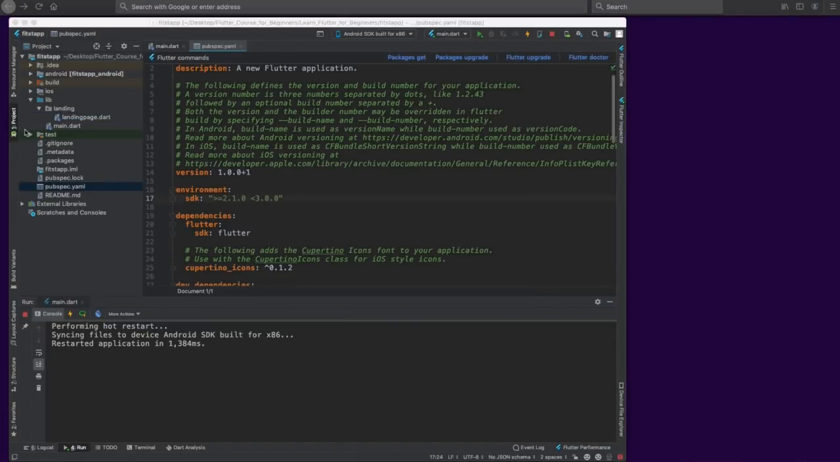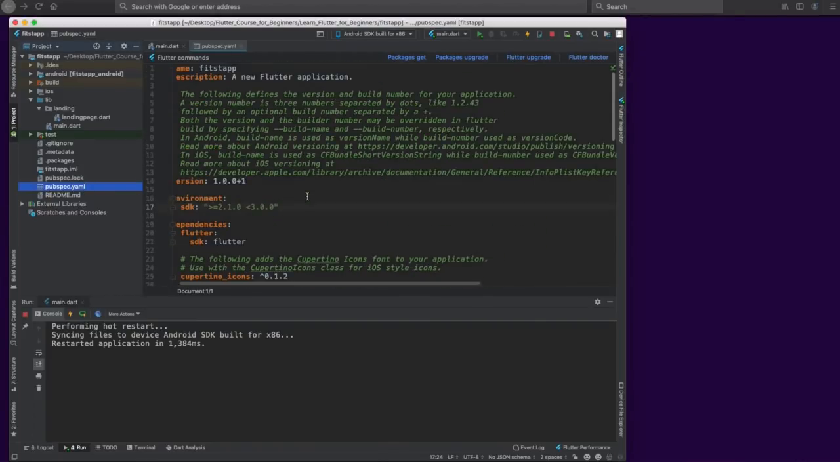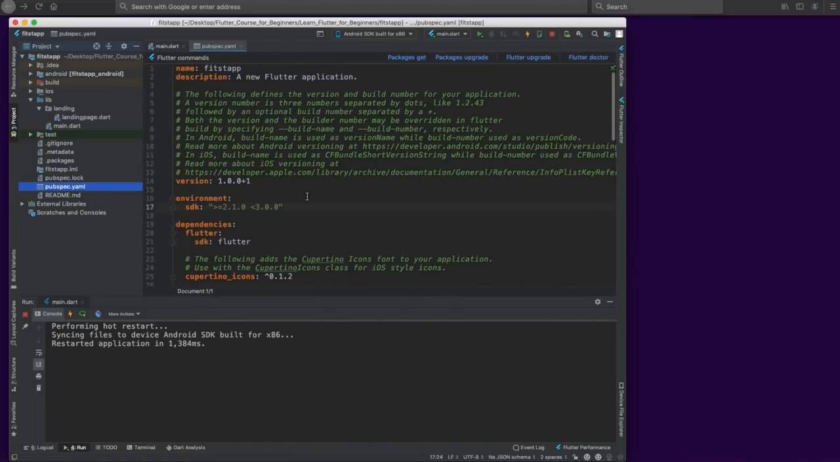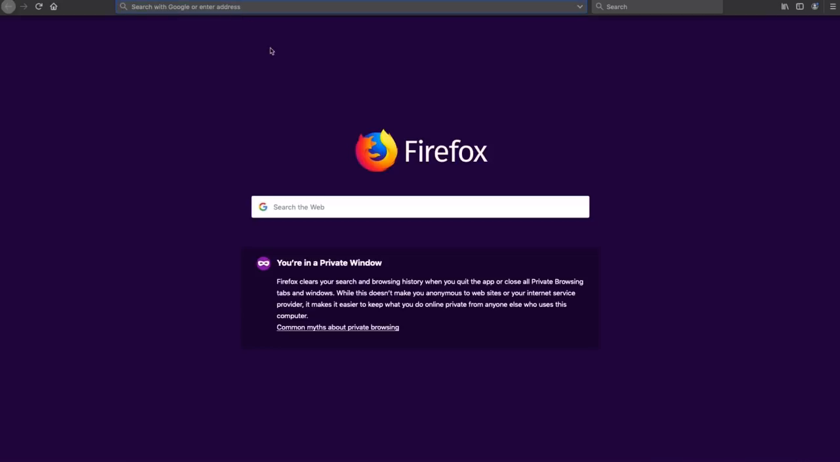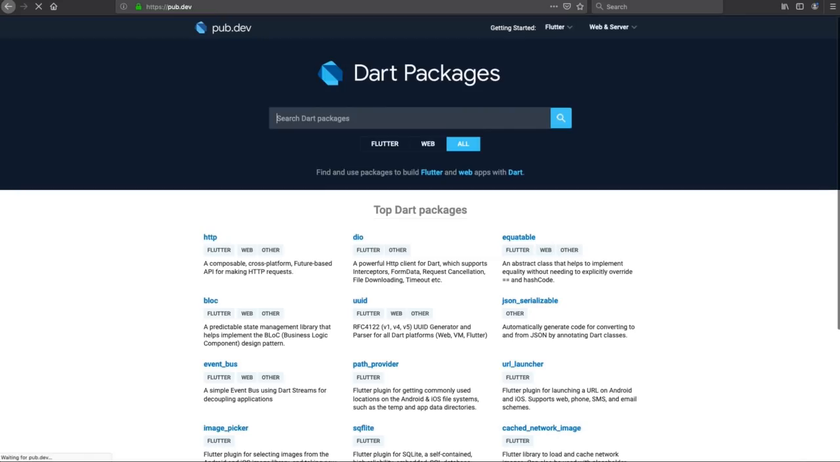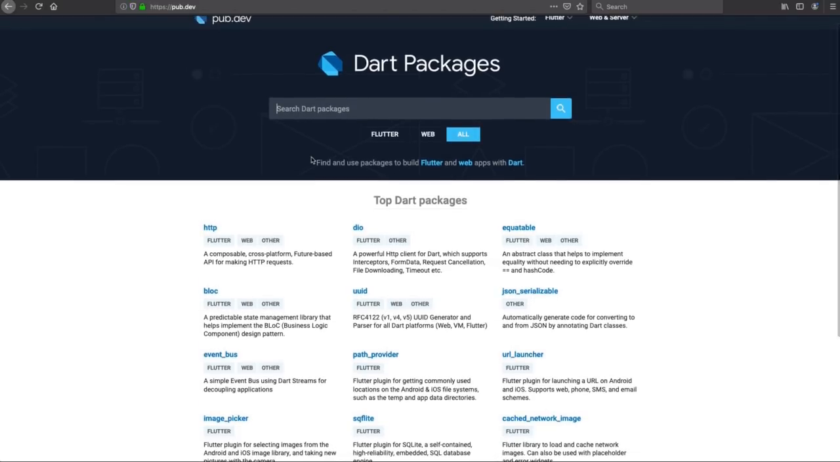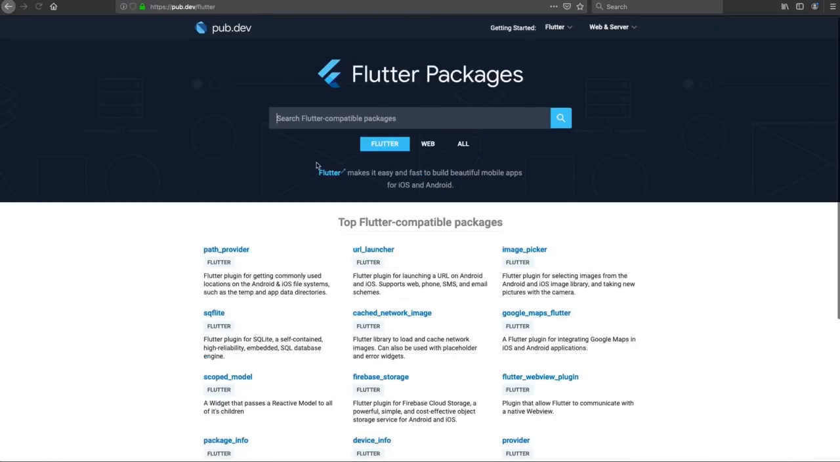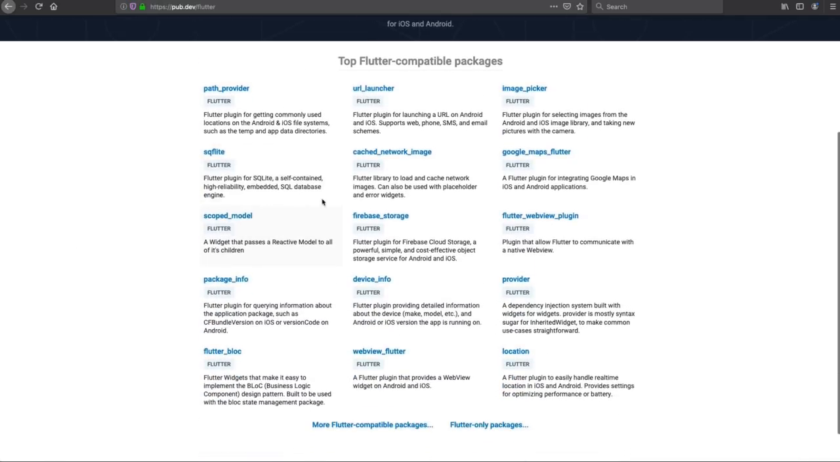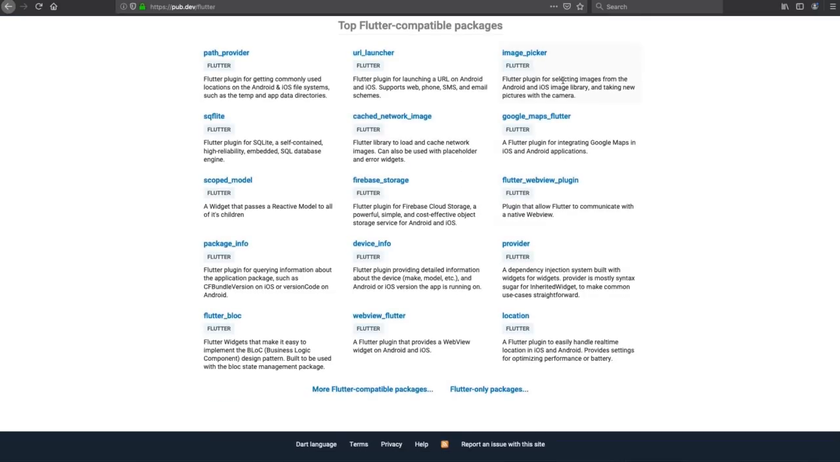In this part, we are going to cover what pubspec.yaml is and how we use it. So before we start talking about this, we're going to talk about pub.dev. pub.dev basically contains all the packages that we can use in Flutter. For example, you can see a lot of interesting stuff like image picker, where you can choose an image from your local photo library,